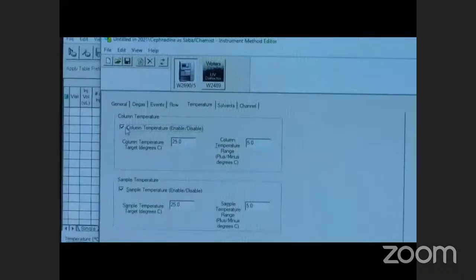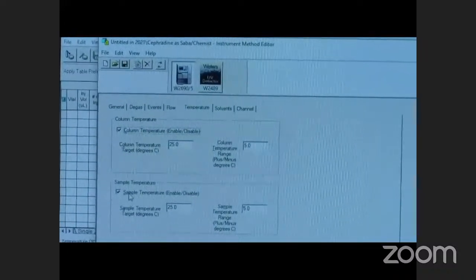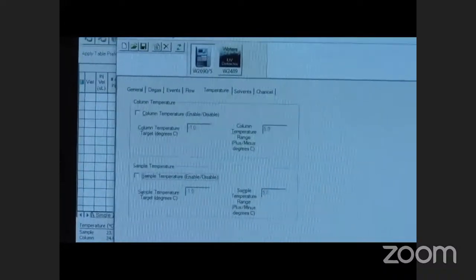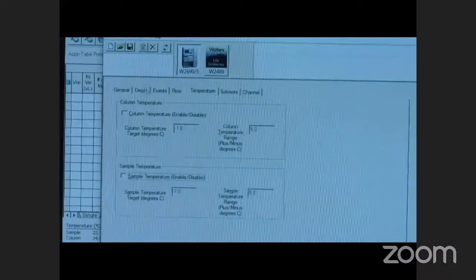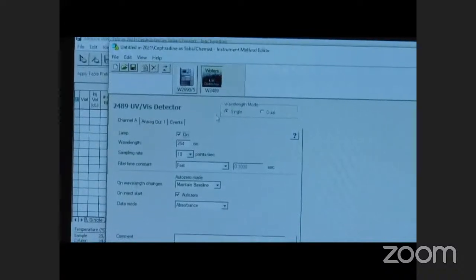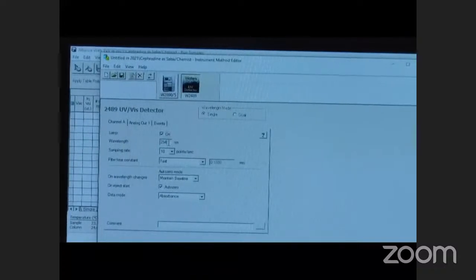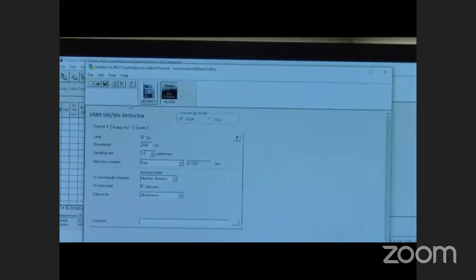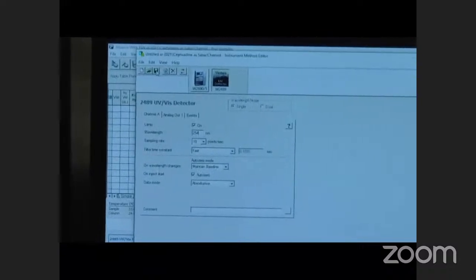Move to the temperature tab. As in the method we don't need any temperature at the column or at sample compartment, so we will untick these two options. After setting these parameters, we will go to the UV detector. At the UV detector, we will set the wavelength, that is 254 nanometer. We will tick on lamp and we will just save the method